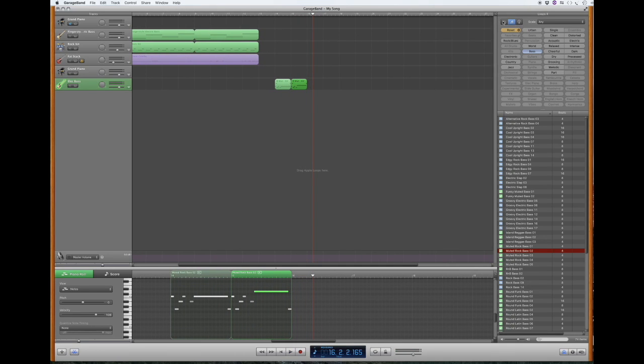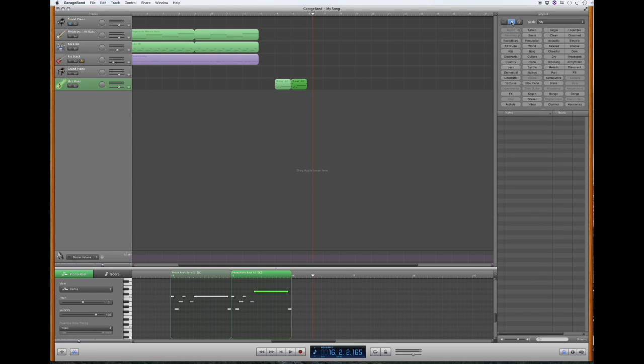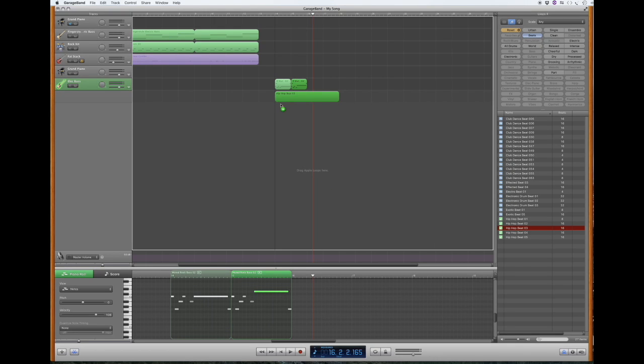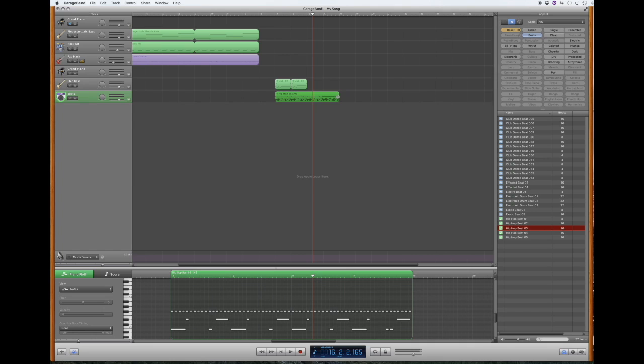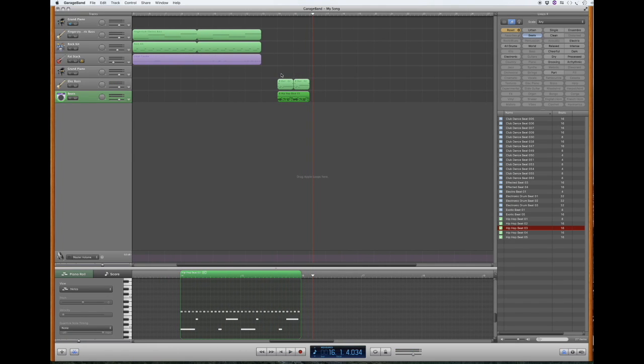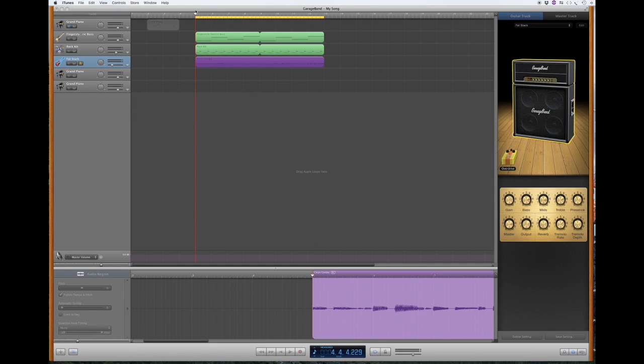And then we can easily keep stacking sounds that way by just importing a beat, for instance. Let's see what a hip-hop beat sounds like with that. You can see that it's too long, so I could just shorten it for now. And you could very easily come up with a polished, complete sounding piece of music by stacking sounds this way. It's very useful. Once we've decided that we're happy with our mix and we want to hear it on another